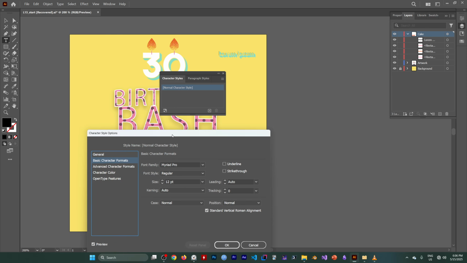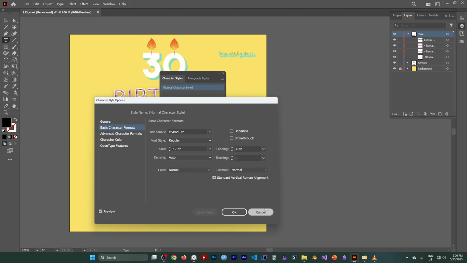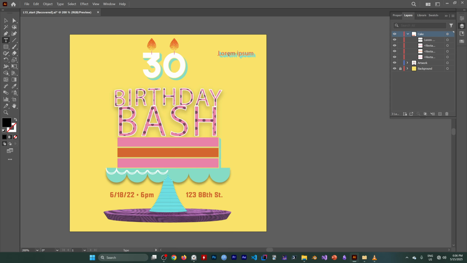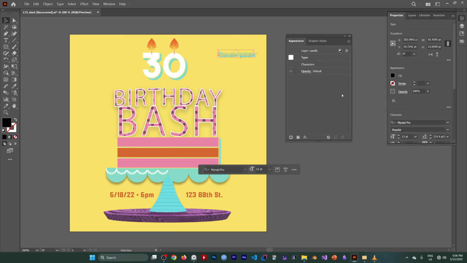So everything, cancel. So we're gonna just select this text and see what is going on. Properties and go to appearance panel. So the properties, so type, and then